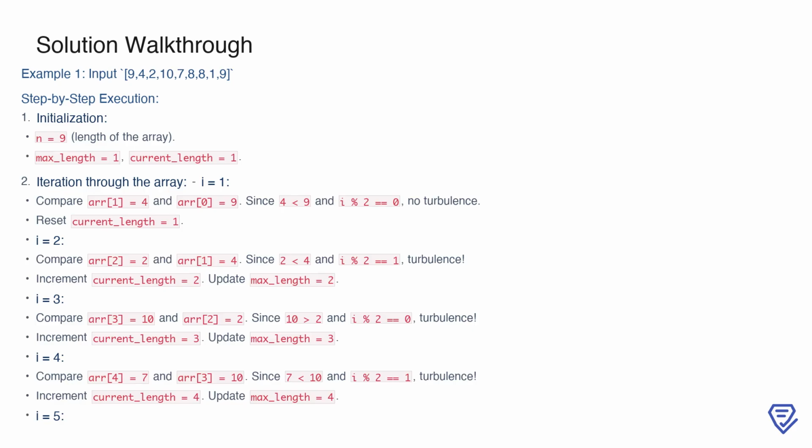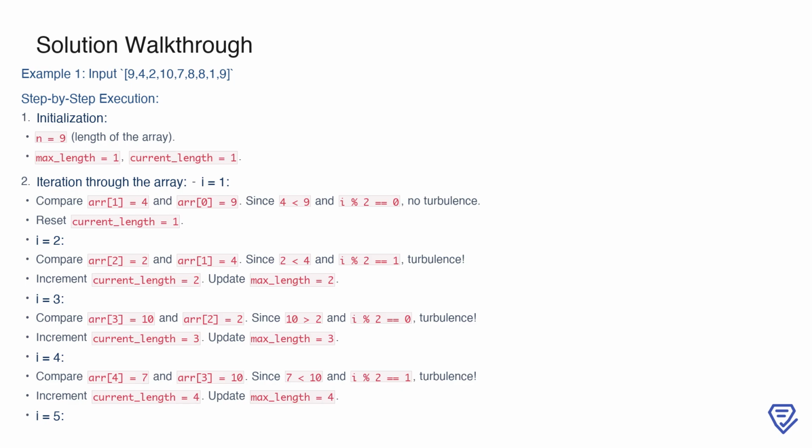The length of the array is n equals 9, and we initialize both max_length and current_length to 1. Now, we move into the iteration. At i equals 1, we compare arr[1] equals 4 with arr[0] equals 9. Since 4 < 9 but the index i is odd... wait, the index i is even, this does not meet the turbulence condition, so we reset current_length